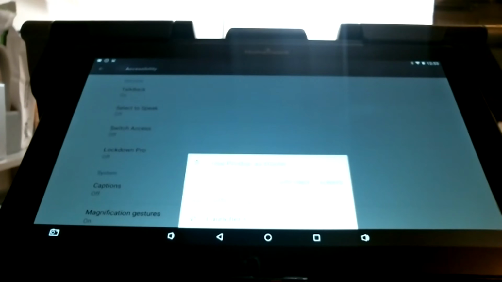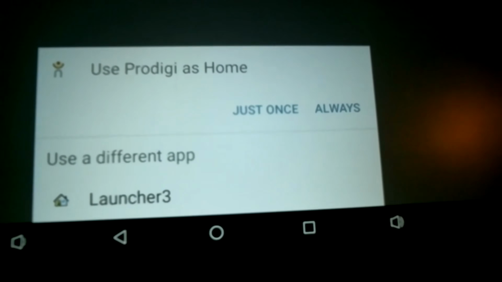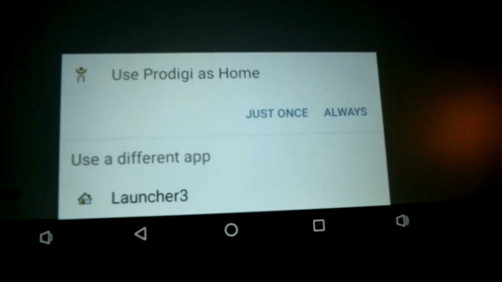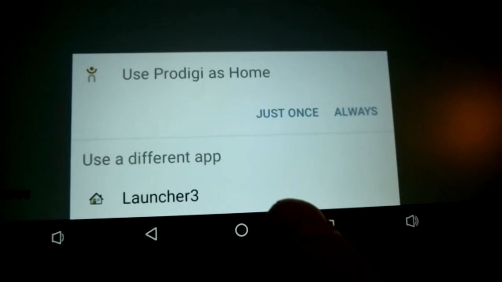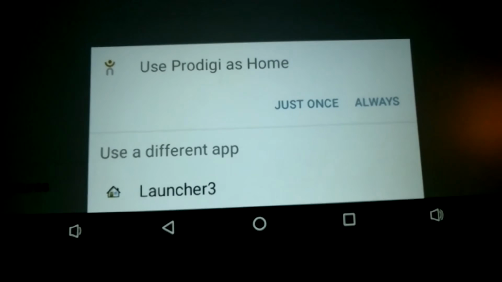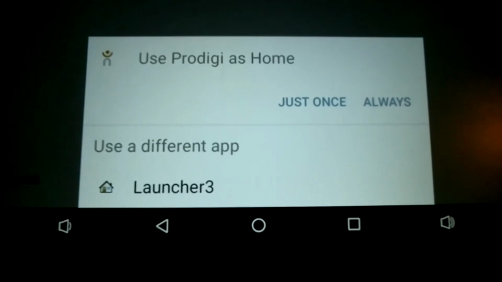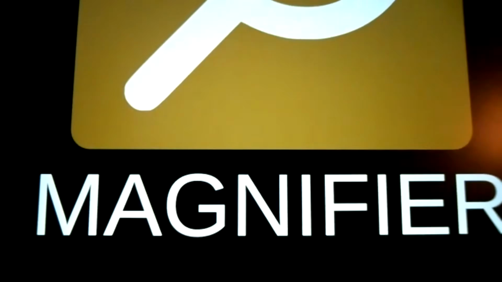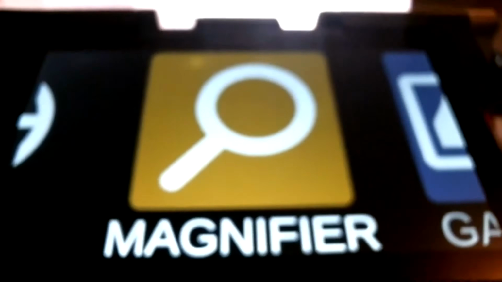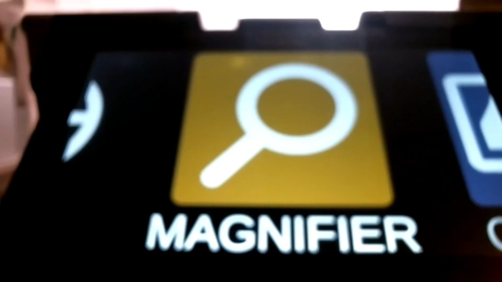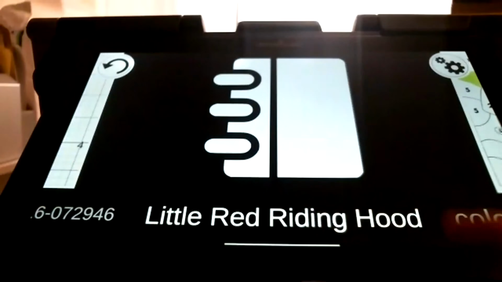When I was talking about the main application, usually if it's not set as your home application, this is the pop-up that you'll get once you boot up the Mat Connect, or you hit that little circle at the bottom of the screen. If you want to set Prodigy as your home application and always boot or start in Prodigy, you want to select the always option, and that's going to set it as your default application. So if I go into my gallery, because I have some documents already in my gallery,